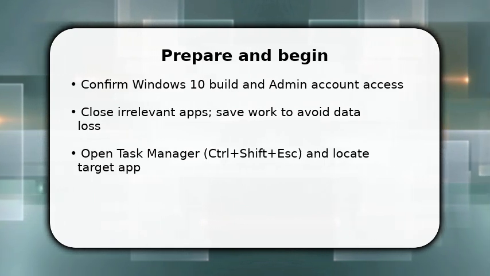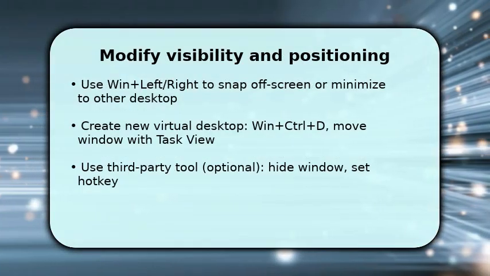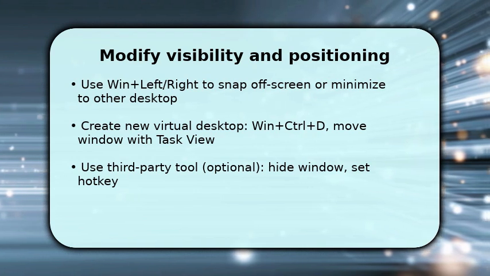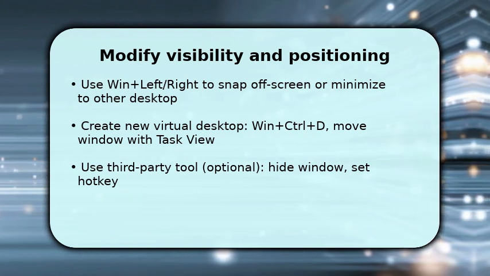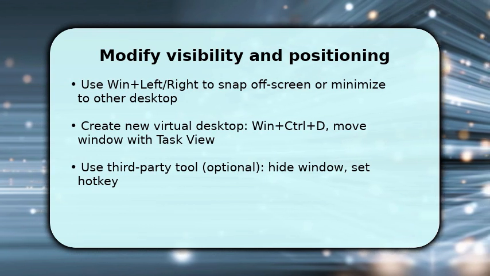Now change where the window appears so it's no longer visible on the taskbar or primary screen. Use Win plus left or Win plus right to snap the window to a different quadrant. Alternatively, create a new virtual desktop with Win plus Control plus D and move the window via Task View to